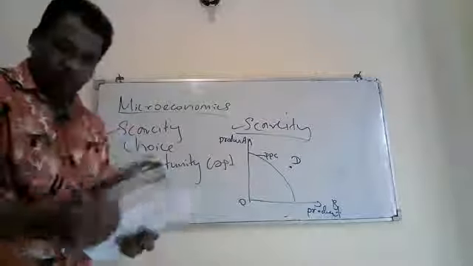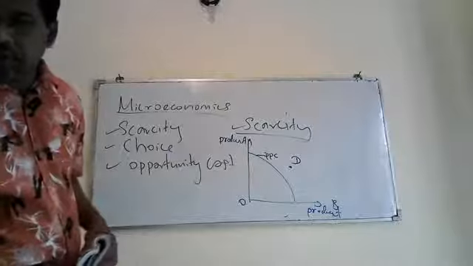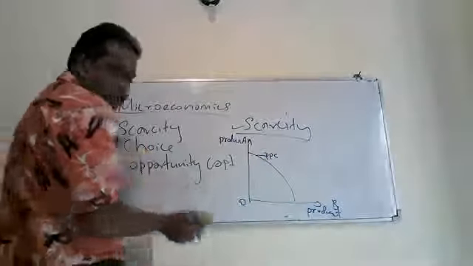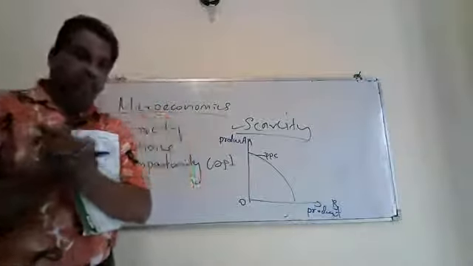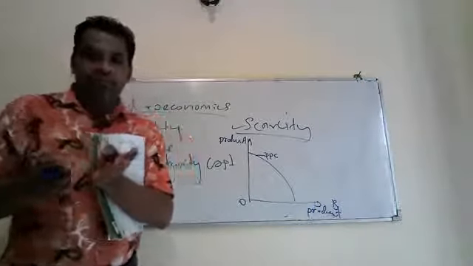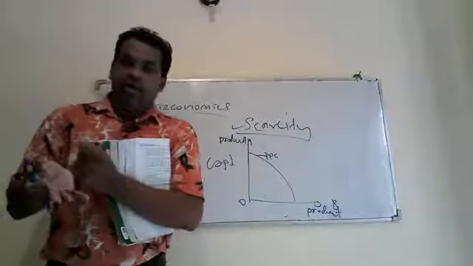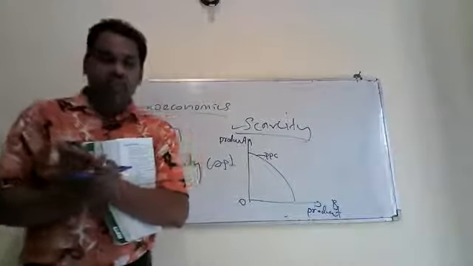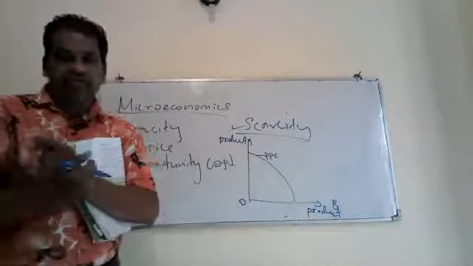Right. Then the second concept we can explain is choice. I will use the same diagram. What is choice? Even with our limited resources, we have alternative uses, options. Therefore, you can't achieve all the requirements. Then we will have to select the best option. When you select the best option, that's called choice. Selecting the best option is choice.